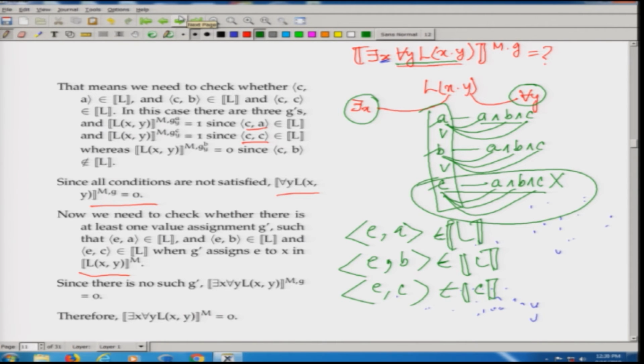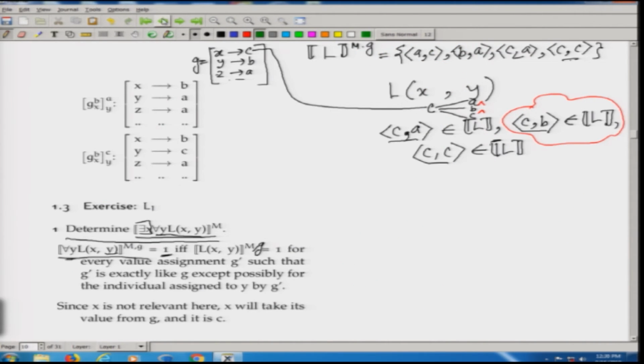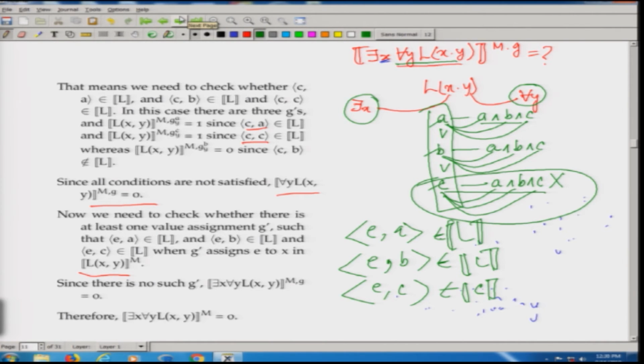So what do we write? We have said already that we have written the condition for this, and now we say that since there is no value assignment G prime such that G prime is exactly like G with respect to x,